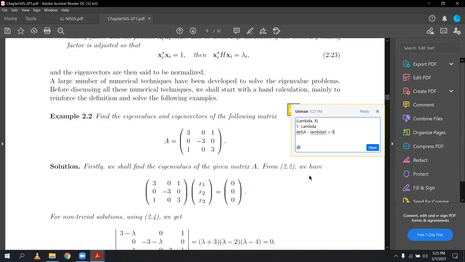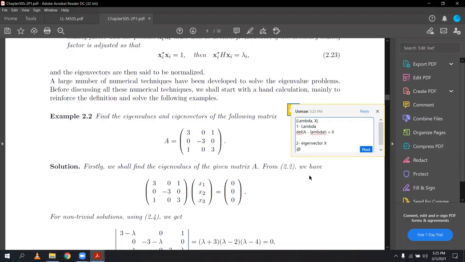So you can have the value of the lambda. After you have the value of the lambda, then you find the second part of our question, which means we have to find the eigenvector,